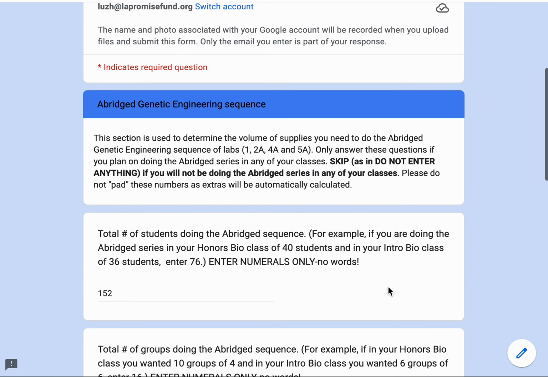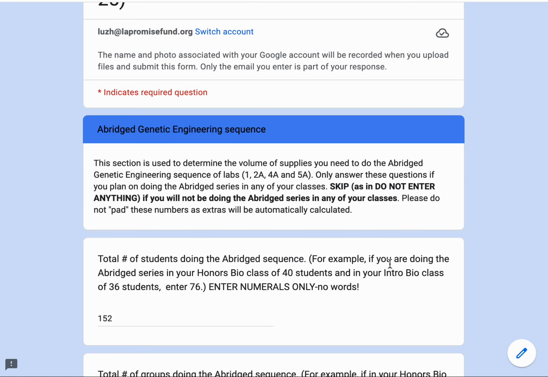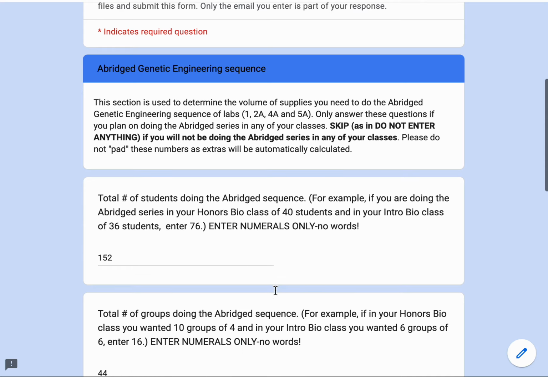So the next section pertains specifically to teachers who are going to be completing the abridged genetic engineering sequence with their students. The questions asked in this section are exactly the same as they were for the complete genetic engineering sequence. So again, I have to enter the total number of students that I'm going to be doing the abridged sequence with. In my case, I have 2 classes of 40 and 2 classes of 36 students for a total